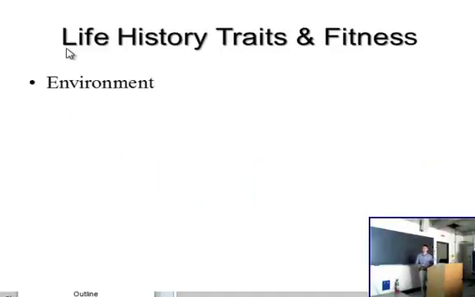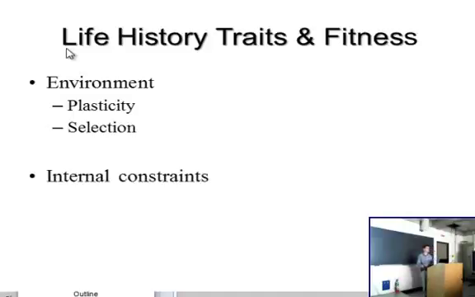These life history traits are under strong selection by the environment, as well as influence on the phenotypic expression. So life history traits are extremely plastic, especially in insects, which are ectothermic. So the environment really regulates the metabolism. So of course you're expecting to see some sort of effect of the environment on the lifespan and the timing of these life events. Also, natural selection is expected to act on life history traits and drive the evolution of adaptive trade-offs and other traits in the organism.